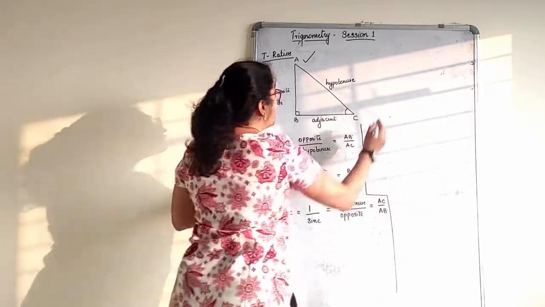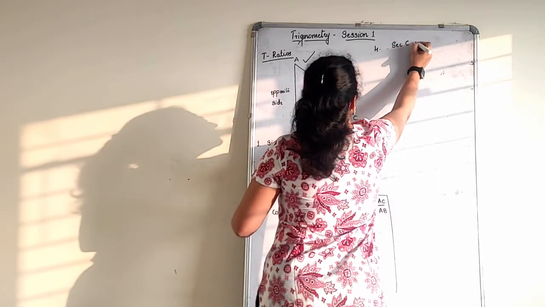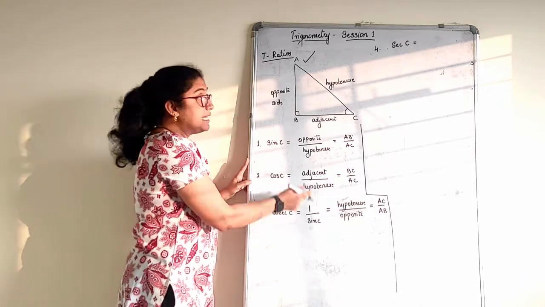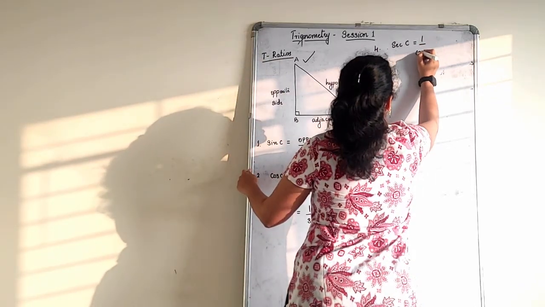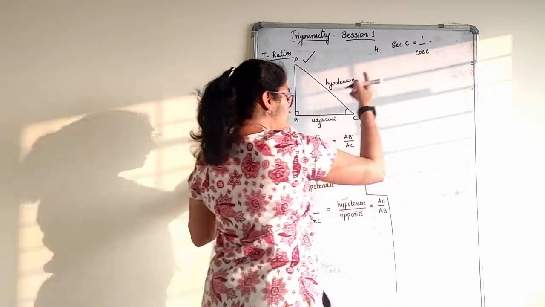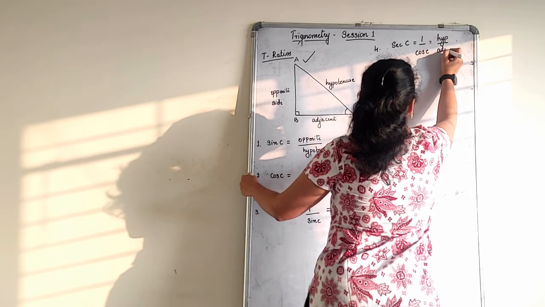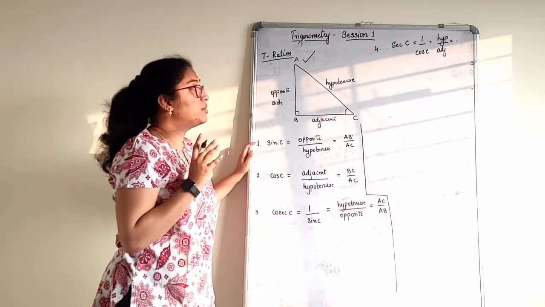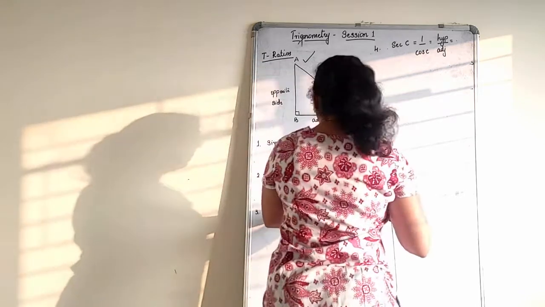Okay. Fourth one, after cosec, sec C is nothing but, if cosec is the reciprocal of sine, then sec is the reciprocal of cos. 1 upon cos C. What is cos? Adjacent upon hypotenuse, so it is hypotenuse upon adjacent. I am using shortcuts to write, but you are not supposed to use them. I have just written HYP upon adjacent. You are not supposed to do that. Write completely.